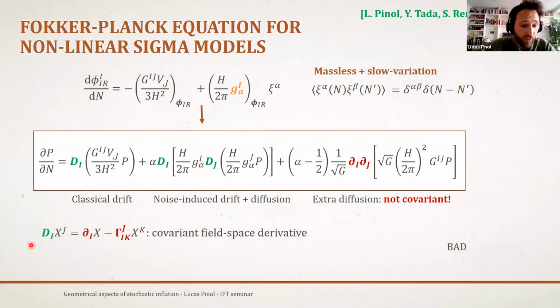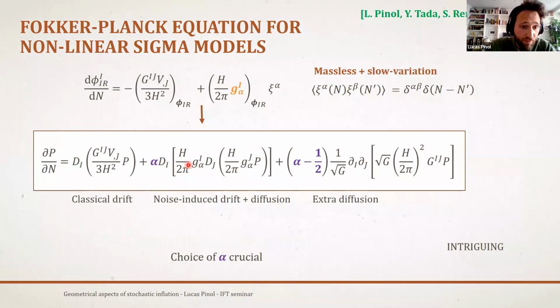Let's also look at the covariance of this equation. We said that we wanted to be careful about the covariance. Well, actually here, nicely, we have seen the appearance of covariant field space derivatives. And this is just, again, like in GR, you can define these covariant field space derivatives. You need to be careful because you have this non-trivial field space metric. And we see that actually, most of the terms are well covariant. We see the appearance of these covariant field space derivatives. But there remains one term here, which is not covariant at all. You have these partial derivatives, which are not covariant.